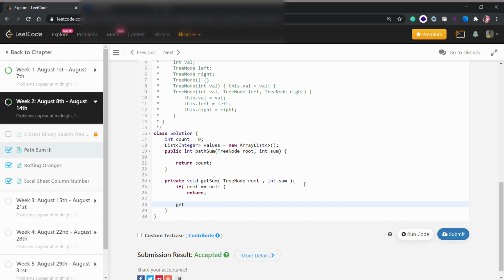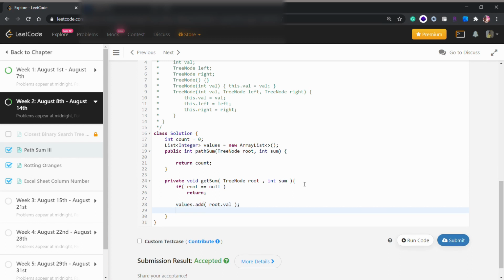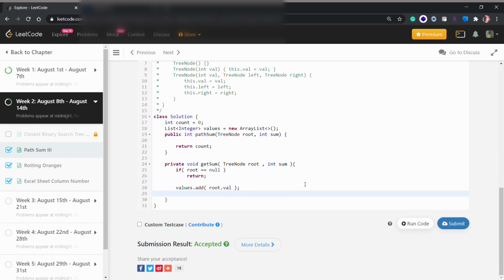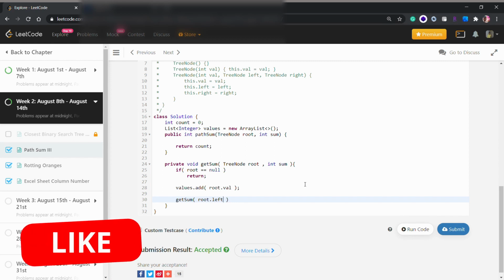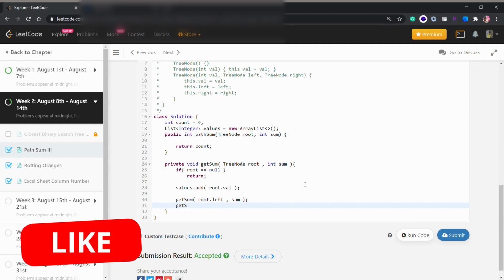Then we will do values.add(root.val), so we are adding the value of the root into our ArrayList. Now we will recursively call getSum(root.left, sum), and again the same thing for the right side.